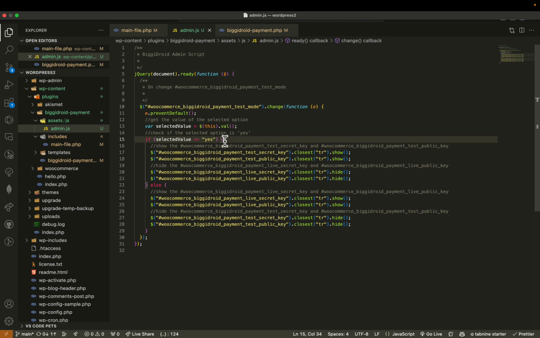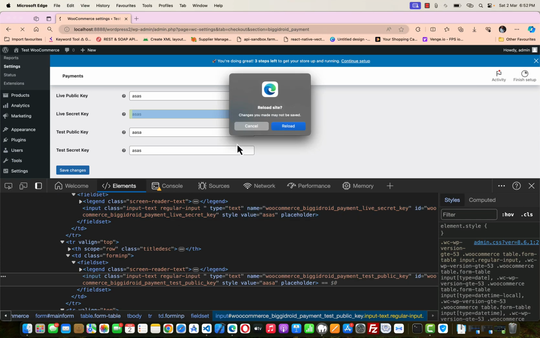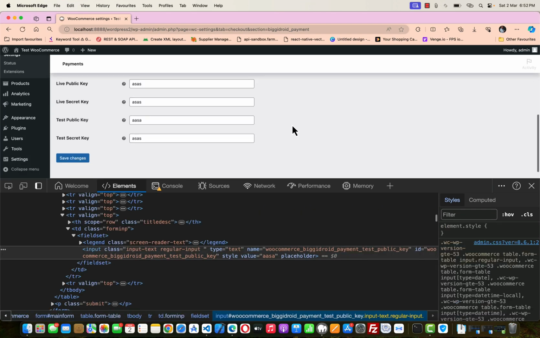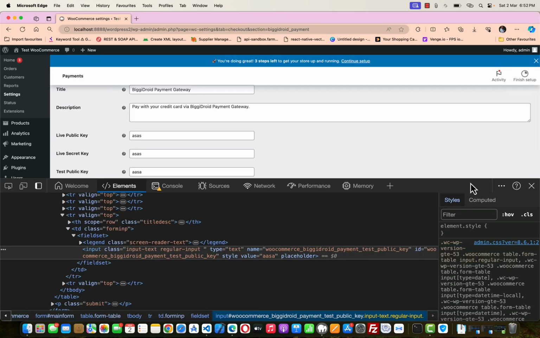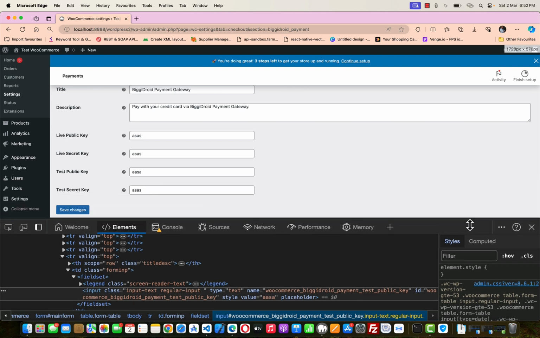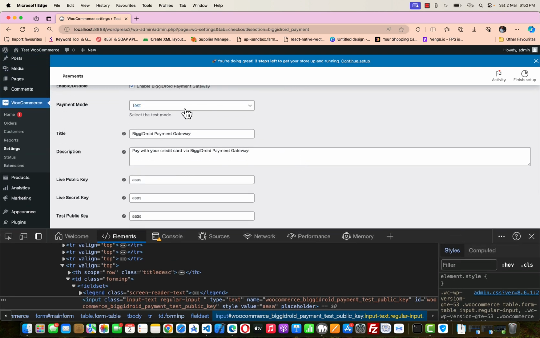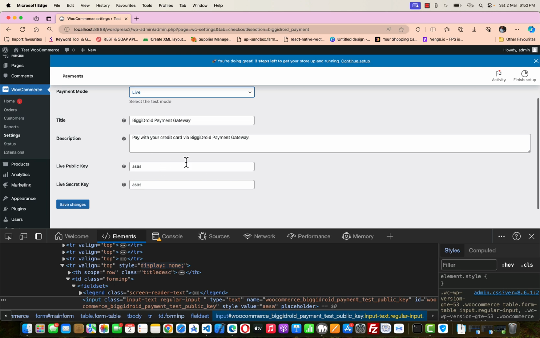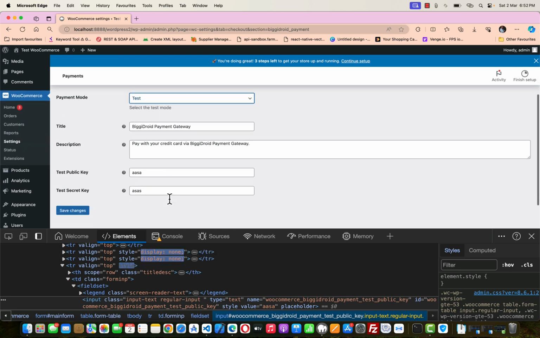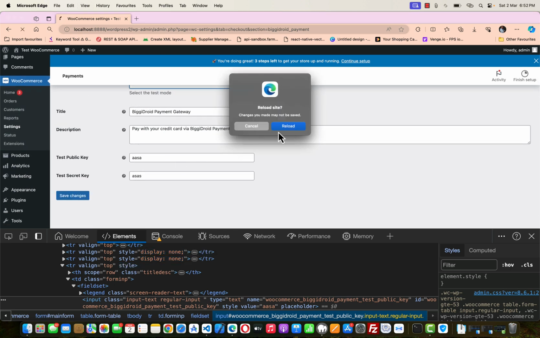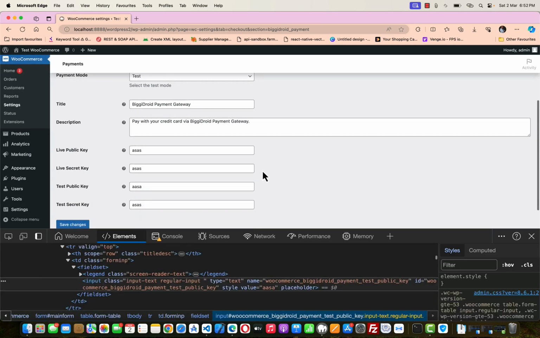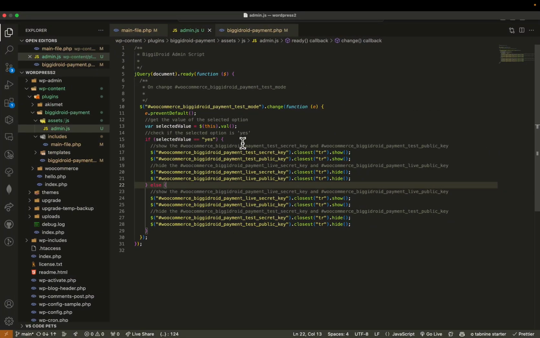So if it is changed, we check, then we do this, else we do this. So click on save, then reload the page, drop this down, and if I change this to live, we have live. If I change this to test, we have test. But if I reload, everything loads up, which is not really good. So what we need to do now is to copy everything we have here. We need to copy everything we have here